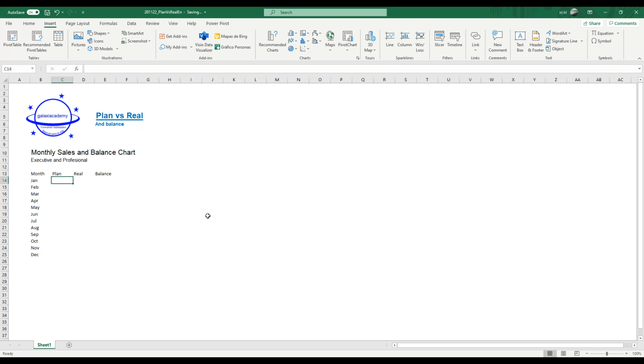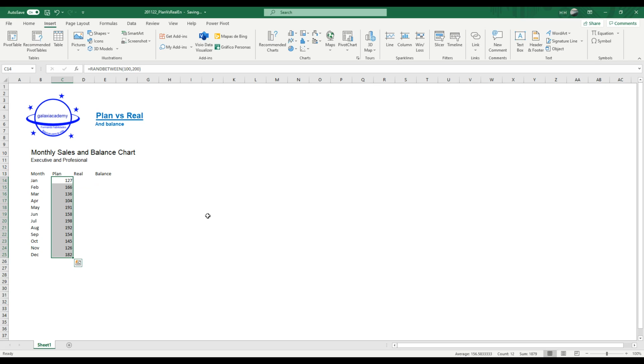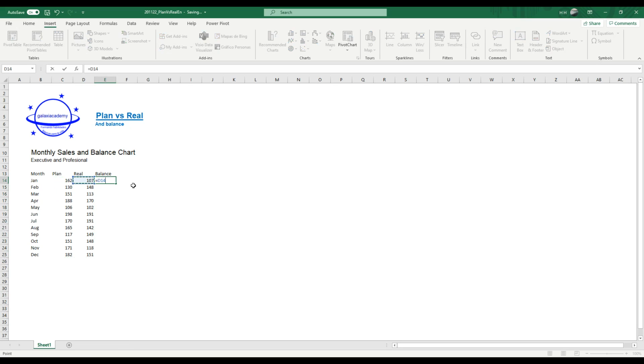So let's do the plan. This is an example. We're going to do a random between 100 and 200, and then we're going to convert these to numbers with the right click of the mouse. And then the balance is going to be the real minus the plan,